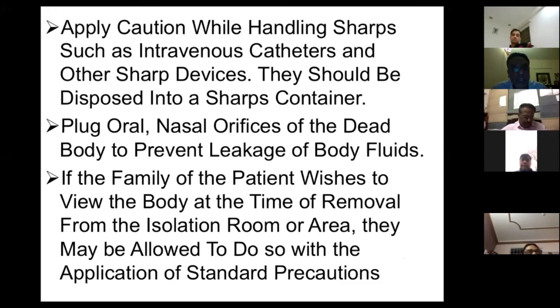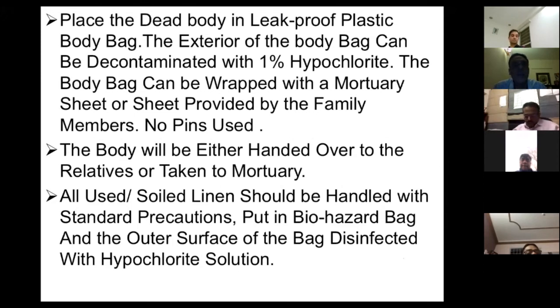mask. But obviously, if you want to allow the person at a distance of 2 meters, with the mask, gloves, and a water-resistant apron, you can still allow the relative to see the dead body from a distance of 2 meters inside the ICU before you shift it to the mortuary or hand over the body to the relatives. So what we do with the dead body is that naturally, when you process that,